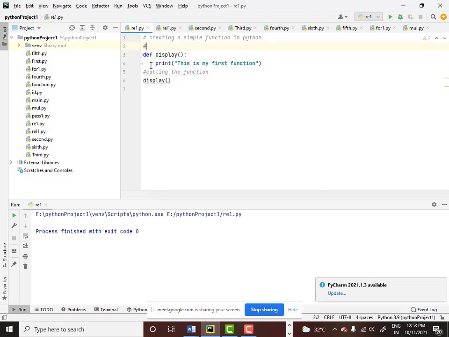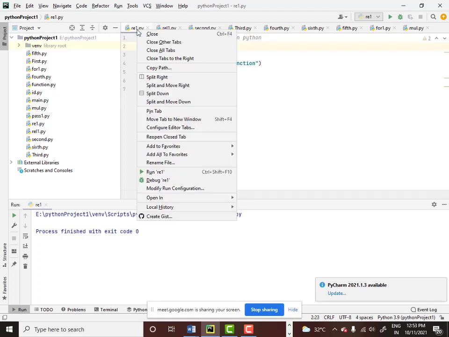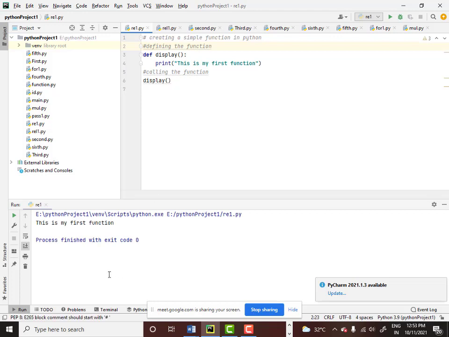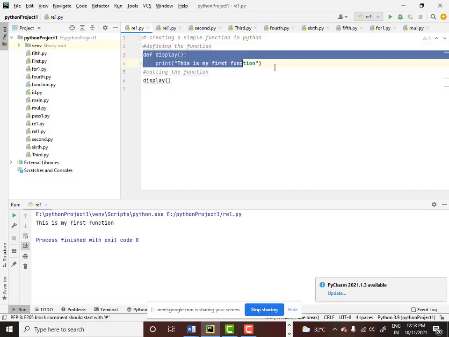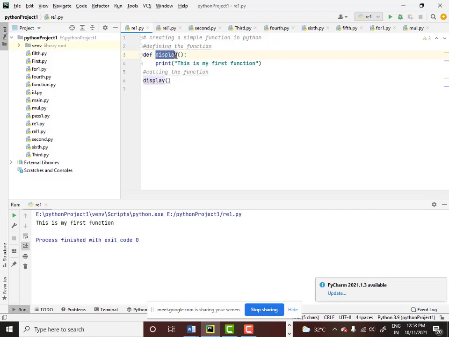Now when you run this program, you can see it is printing, this is my first function. So this is my function definition. This function has a name, this function has a body, and this is the call to a function.